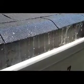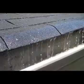Gutters are actually on your house for several very good reasons, and unfortunately they're not for fun. There's only two things that will really damage your house, and that's wind, which you have no control over, and water. And so gutters are up there to help contain the water and make sure that it goes to where it's supposed to go. There's a ton of water coming off your roof. You have to catch it, and you have to get it away from your house, essentially 4 feet away from